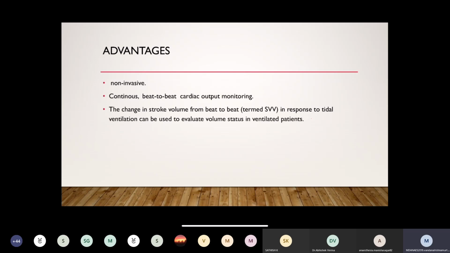Disadvantages: baseline calibration with a known cardiac output is required to account for individual differences in vascular resistance, impedance, and wave frequency. Recalibration is required every 8 to 12 hours to account for changes in vascular characteristics over time. Use of vasopressors might affect the accuracy of the pulse contour method. This need for external calibration might require the use of more invasive techniques.